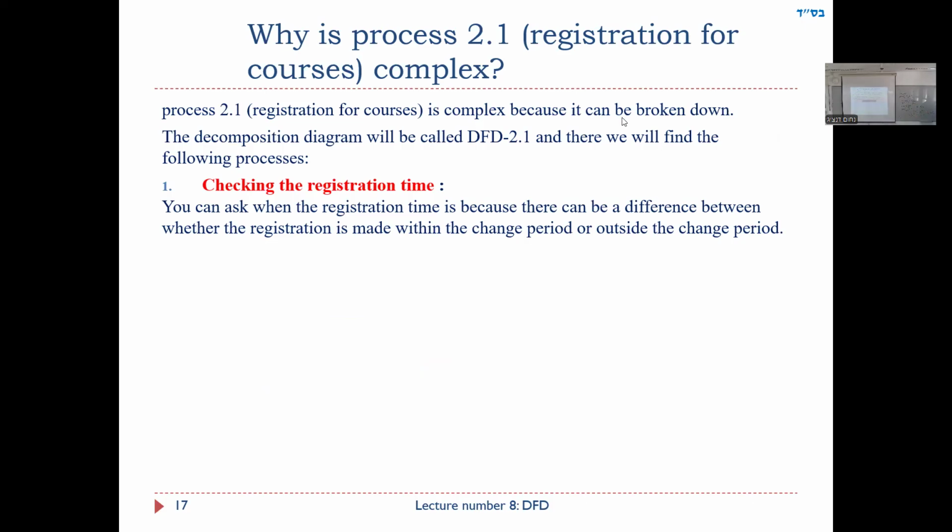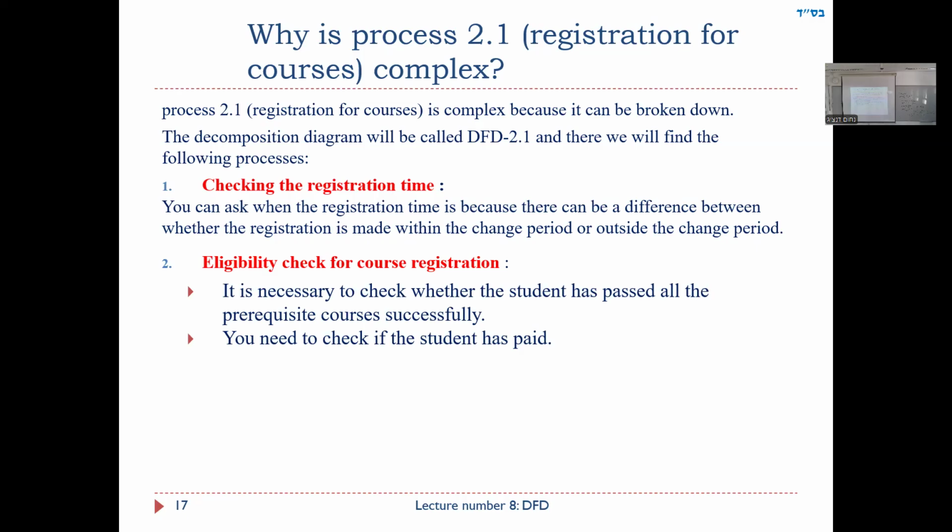Why is process 2.1 complex? Well, because registration for courses is going to be complex. It's got a lot of steps, because it can be broken down. And then we'll find the following steps: checking the registration time,